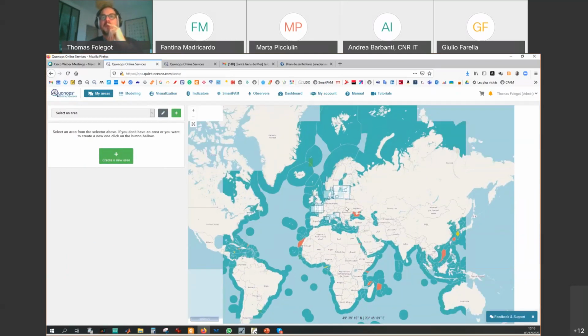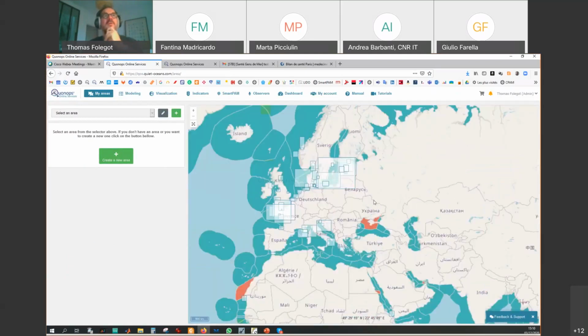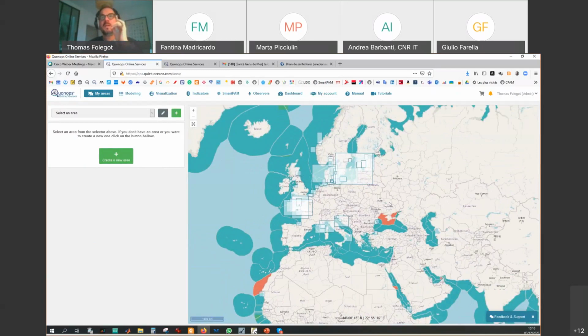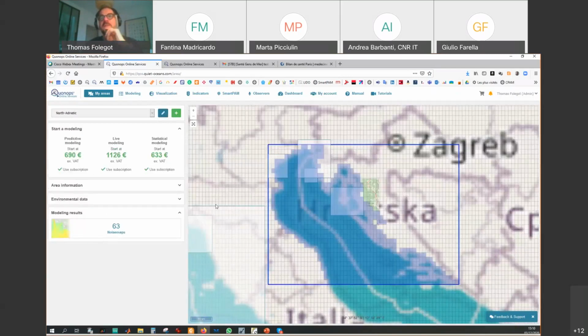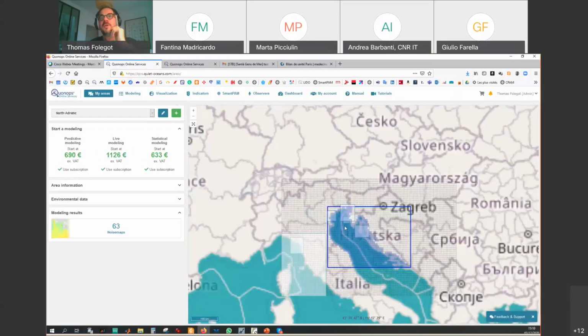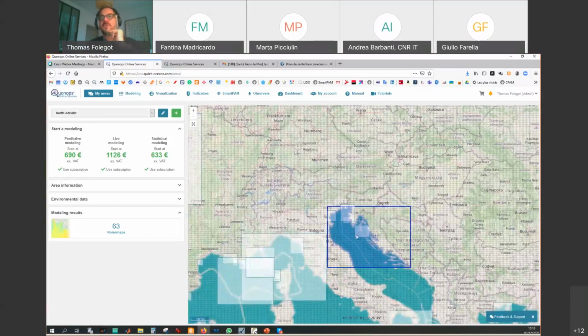Here, I'm logging into my account just to show, I don't have the access code to your account. Then from the back office. Anyway, here we are interested in this area. So the first page is the map where you will see the area. So you have 2 areas. One is covering the full North Adriatic. The other one is centered around